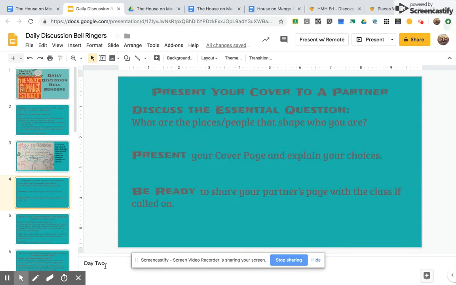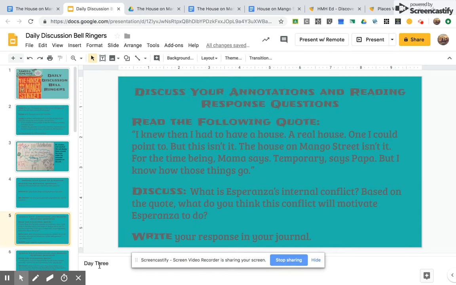Now you'll see here day 2. This is day 2, the bell ringer. Discuss the essential question. What are the places and people that shape who you are? This is where they're going to present that page and explain their choices to their partner, and then you can have a class share out. The next one down here, it says day 3. These just go with that pacing guide, and they'll find